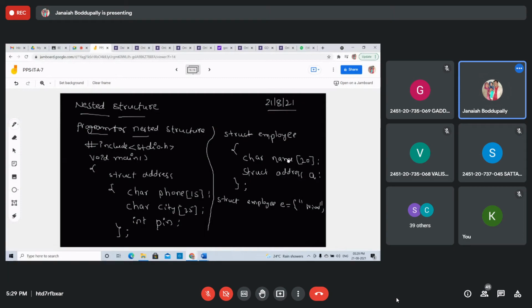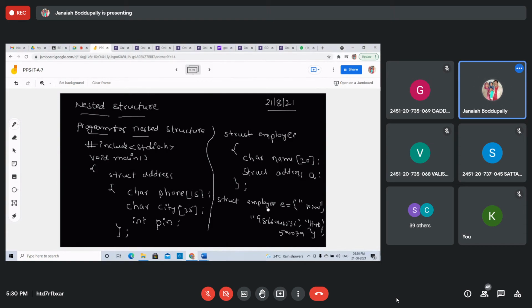I have taken name as the element of the employee. The remaining structure elements of address are phone, city, PIN. You need to take them there. How to access them? Then comma. I will show the execution. Phone is also a character string. Write double quotes after the comma: 9866046536. Then city, HYD, Hyderabad. Then PIN code, 500079. That's it. That is an integer, so there's no need for double quotes. Right. Close. This is structure employee.